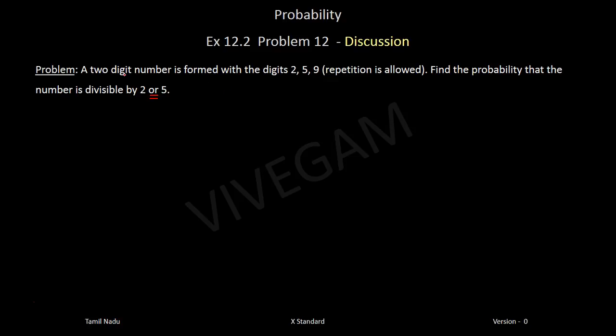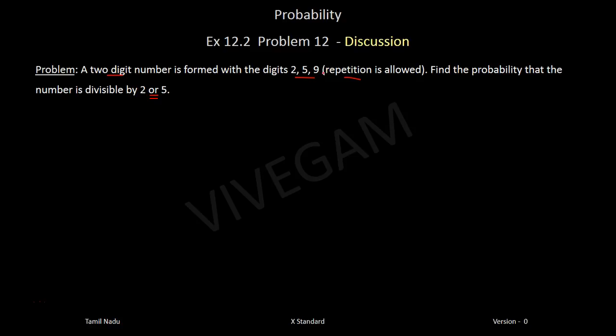A two-digit number is formed. The digits are 2, 5, 9. And repetition is allowed. And we need to find the probability of the number divisible by 2 or 5. Okay, so the key thing is repetition. So the tens digit